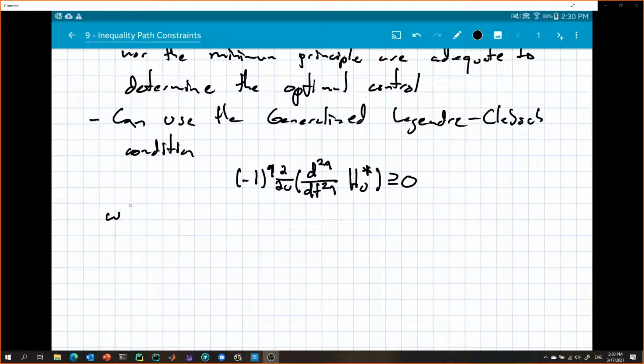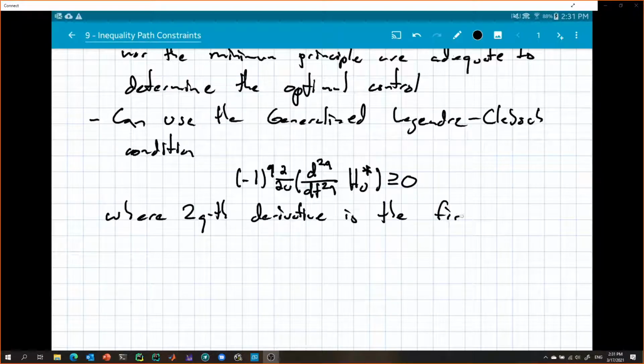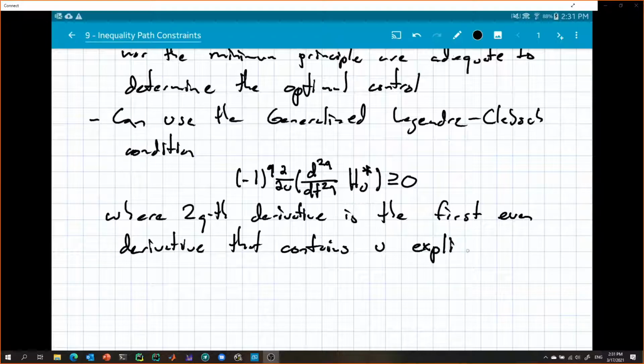Let me finish writing it, and then I'll talk about it a little bit more. So we have this condition here, which basically,